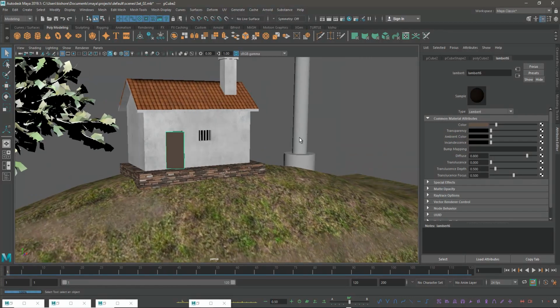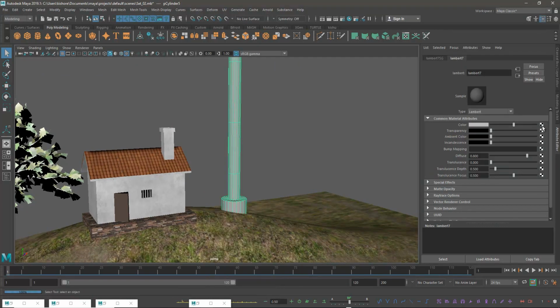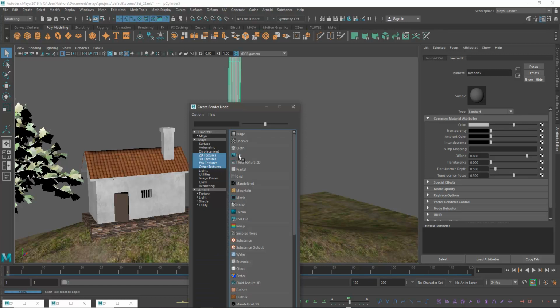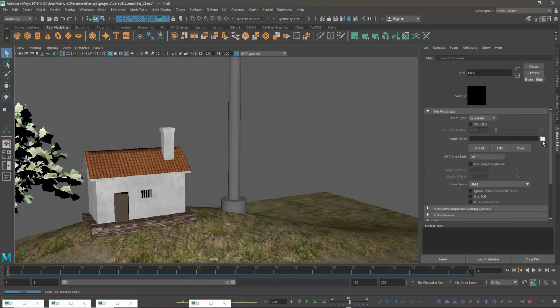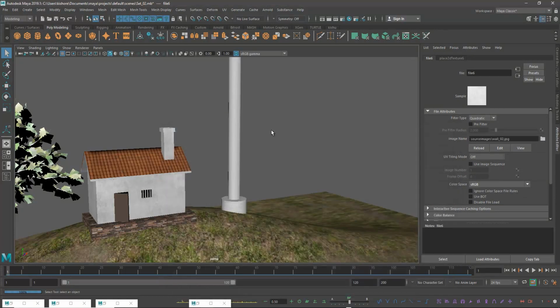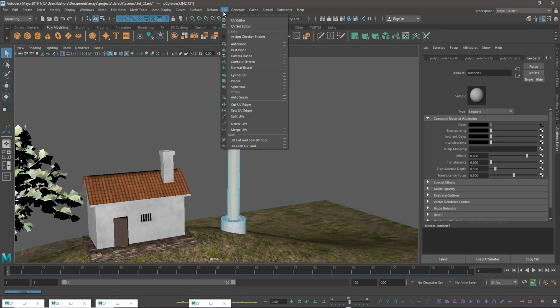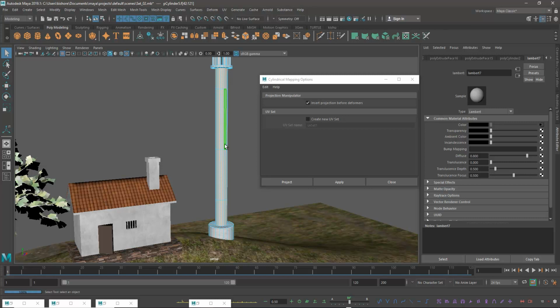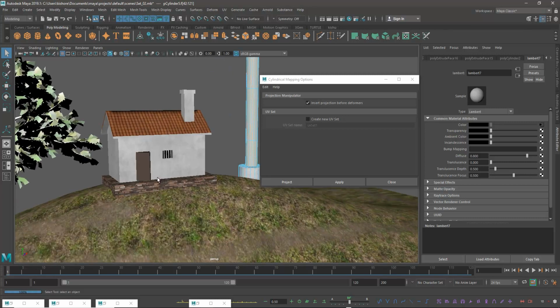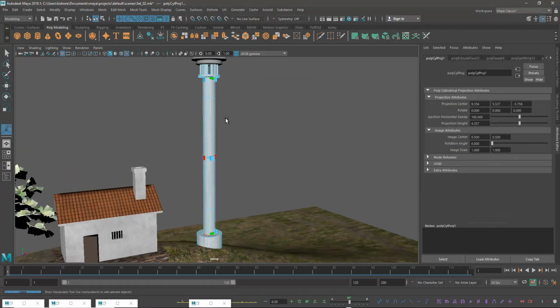Okay, fine. And for this pole I'm giving a new material, Lambert. Again a file, it is still kind of wall kind of textures. Here also I'm giving a cylindrical map. See, the shape is something like cylindrical, right? So it is completely planar. So this is a cylinder, right? For that I'm giving the cylindrical map, and I'm adjusting it as per